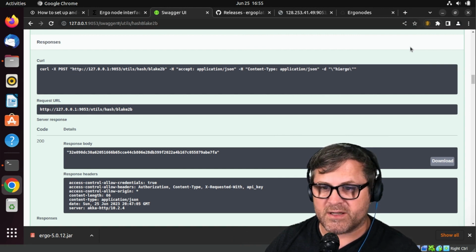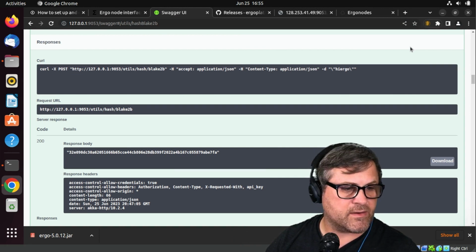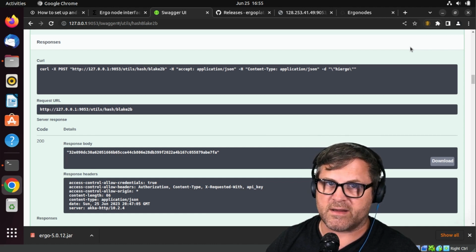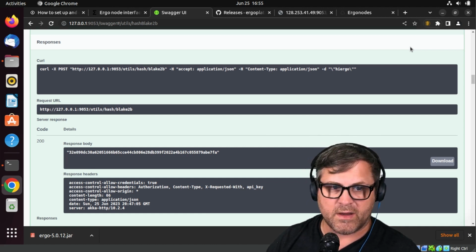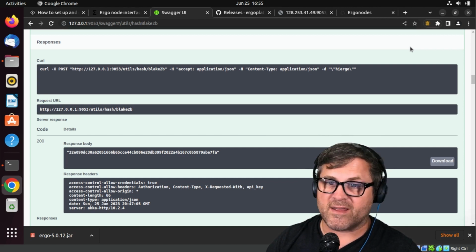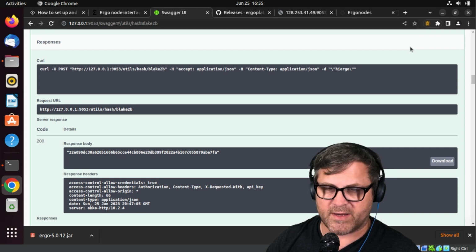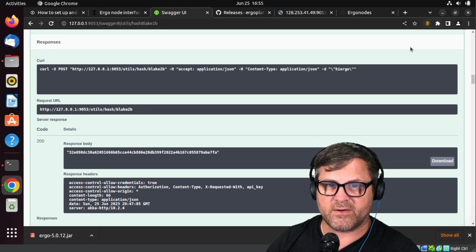That's it. If you have any questions, please feel free to stop by the Ergo Telegram chat or the Ergo Discord chat or Satergo chat so you can talk about the nodes. And if you want a simpler version of a node running, we're going to do a video in the summit as well on the Satergo full node wallet for desktop.